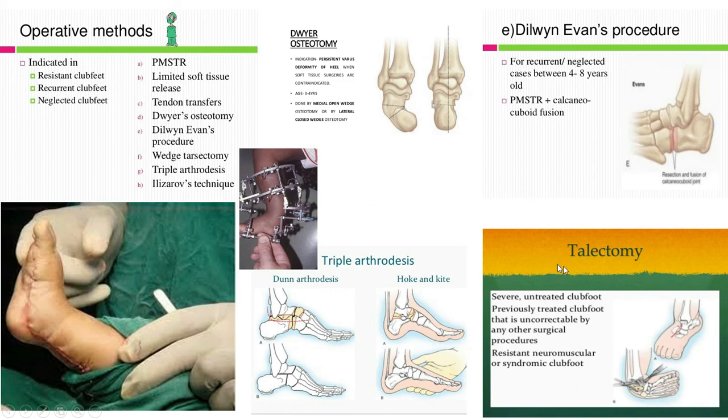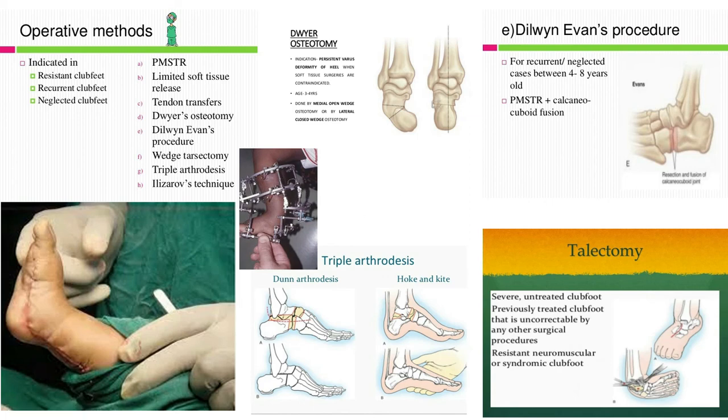And last but not the least, there is talectomy also. In case of neglected CTEV with multiple sores, we can just remove the talus, and get rid of that deformity and the sore. It's called talectomy. It's a salvage operation. But the outcome of all these operative procedures is very bad, and putting a ring